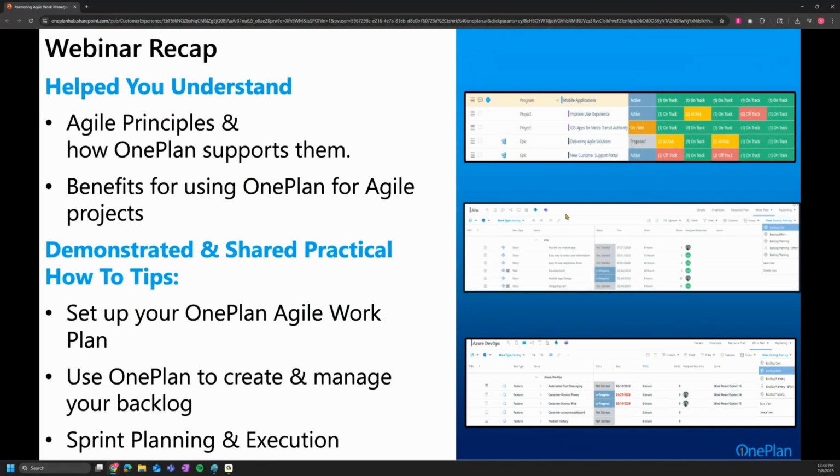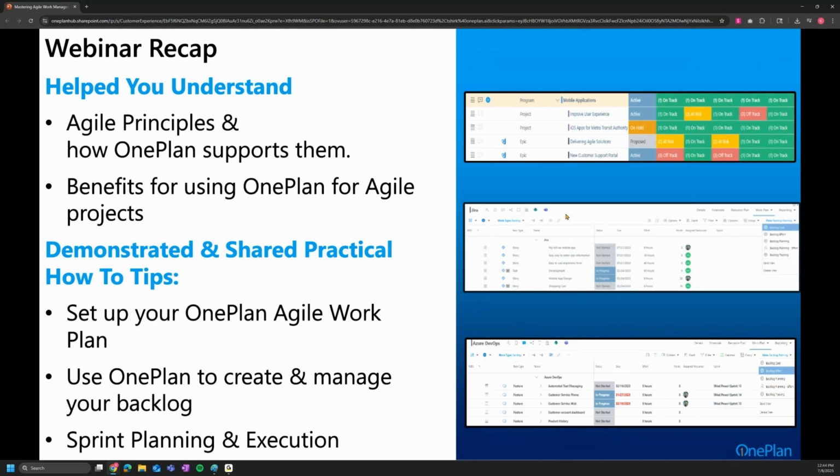Then she dove into creating and managing a backlog, demonstrating how to fill your backlog with user stories and then break them down into manageable tasks, assign them, estimate the required effort, and adjust backlog priorities as needed. She also talked about sprint planning and execution and discussed how to efficiently transition items from the backlog into a sprint, assigning work, setting sprint goals, and tracking progress using OnePlan.